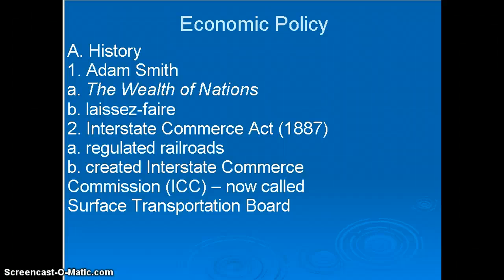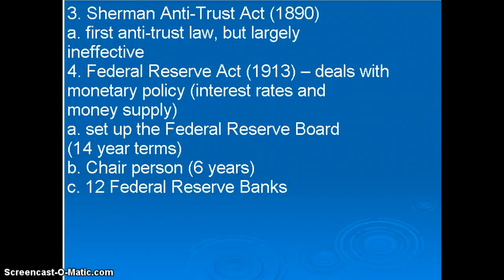The Interstate Commerce Act basically regulated railroads and created the Interstate Commerce Commission, which prevented railroads from charging absurd rates when they had a monopoly over a certain route. And so to fight monopolies, you have the Sherman Antitrust Law, which you studied last year, and it was basically trying to fight monopolies. It did not work until the Clayton Antitrust Act was passed, which had more effective methods to prevent monopolies.